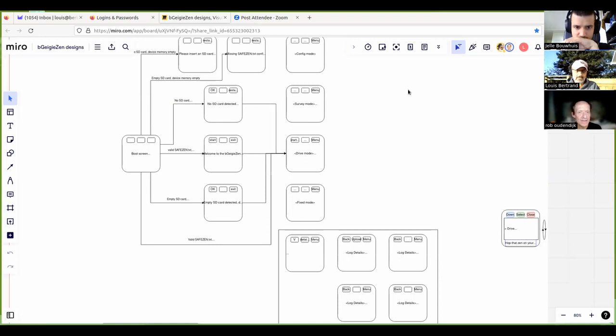Could we have an icon on it that, if it's writing to the SD card, shows, for example, a red icon, and if it's reading, a green icon, so you can see that the data goes to the SD card? Yeah, that's possible. Activity light. Yeah, activity light, that will be very useful, I think, because on the bGeigie Nano, you could just see